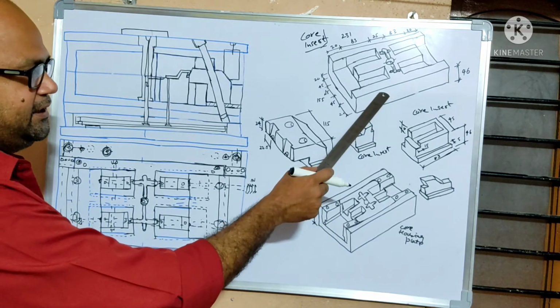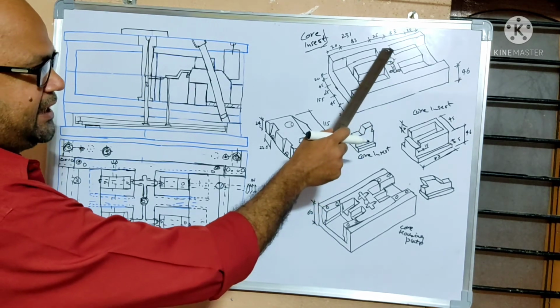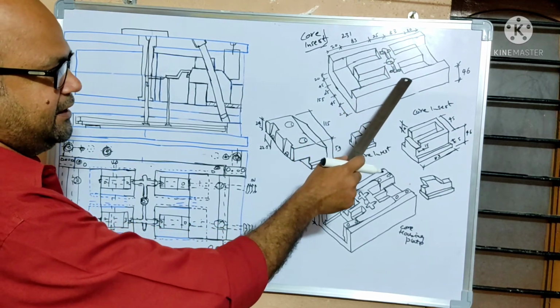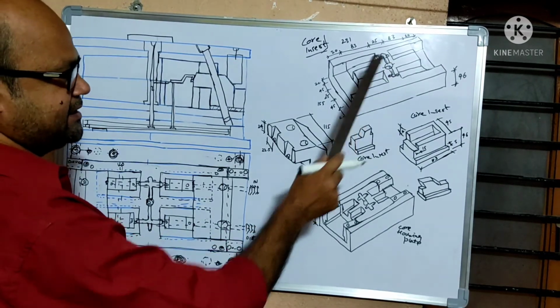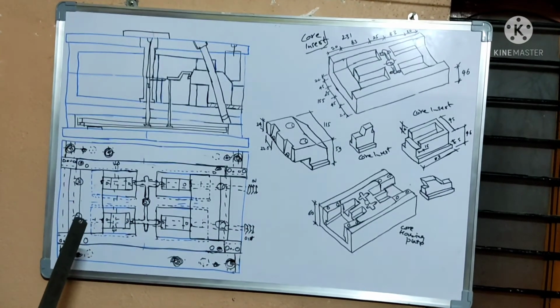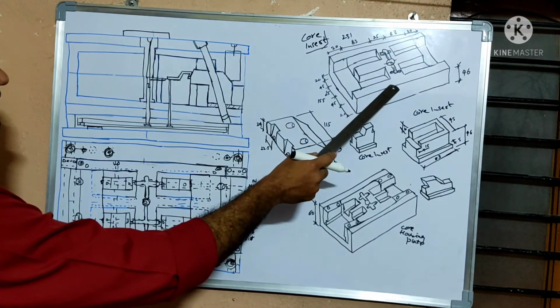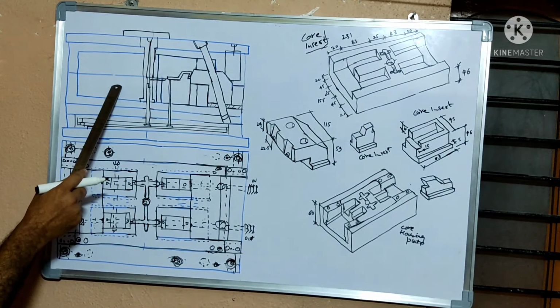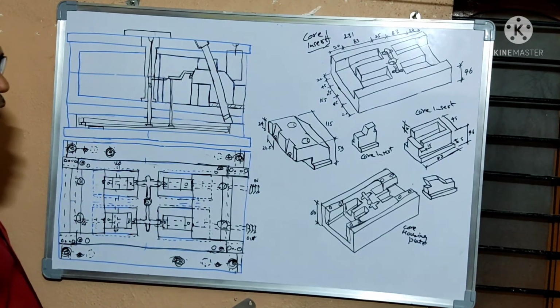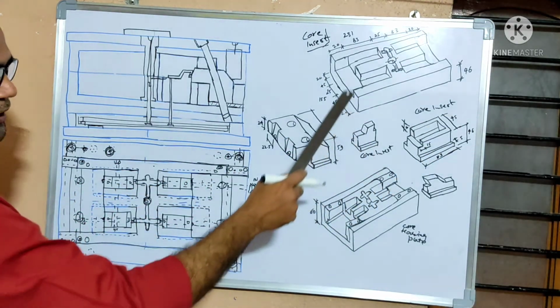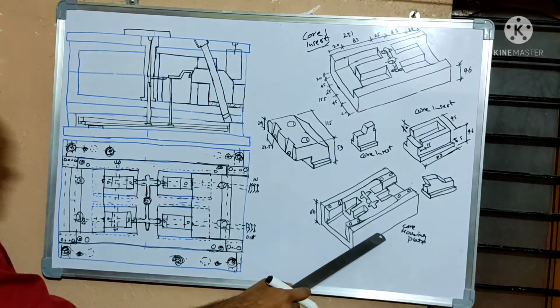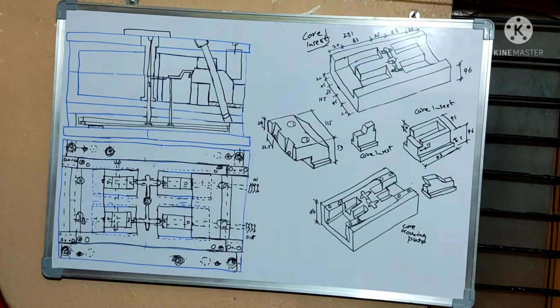In this core insert, you are observing runners are machined along with this for the 4 cavity. Runners are machined, main runner and sub runners. This core insert is here. After the assembly of the 1, 2, 3 core inserts in the core housing plate, for the side profile of the component,